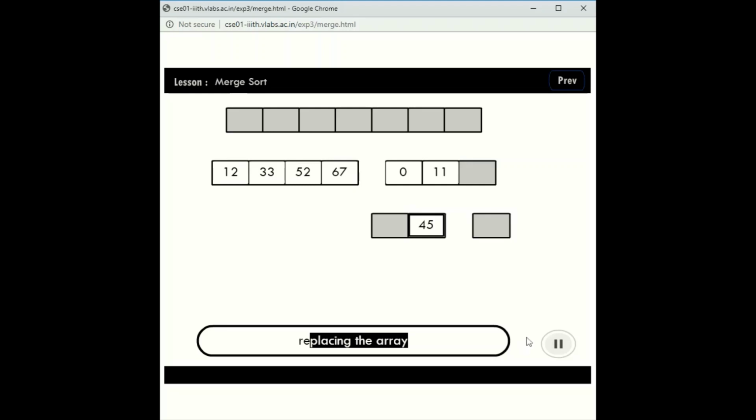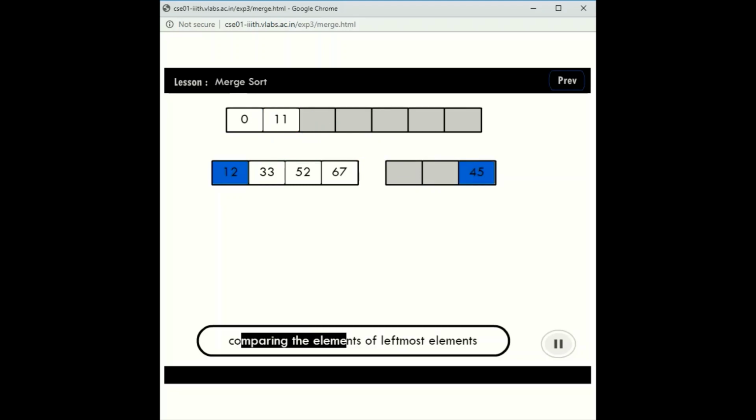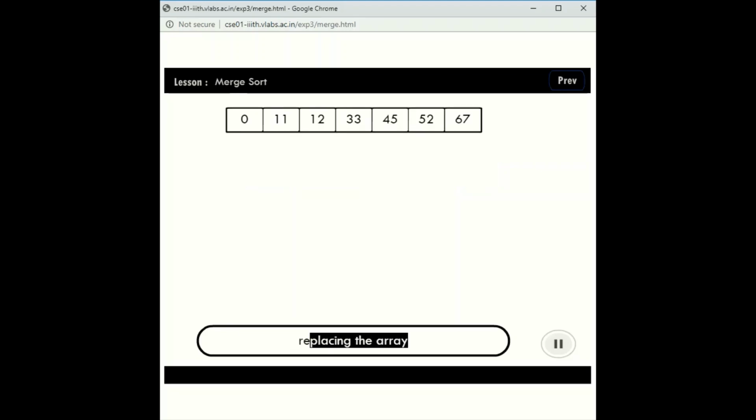At any point of time, you can pause this experiment and you can just play it. This animation is going to stop once all the elements in the given list get sorted. So our experiment is completed.